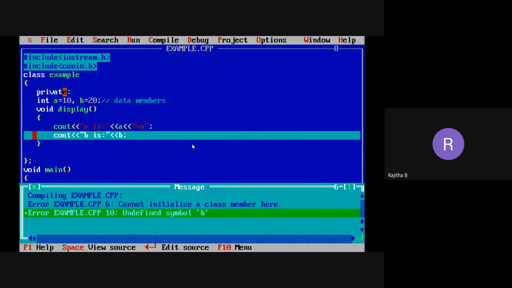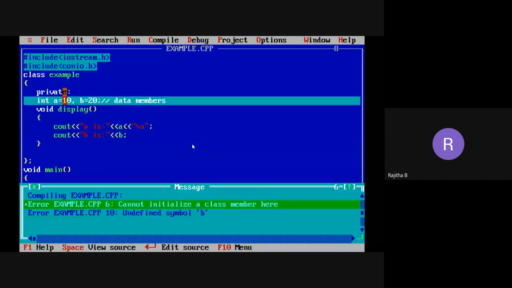So what are the errors you are getting here? We cannot initialize the values in a class. You need to use some data member functions. Some compilers can support this one. In present compilers, this will be supported. You can directly initialize the values at the declaration itself in the class. But some compilers will not support that. At the declaration statement, you cannot initialize the values to your data members. So that will vary from one compiler to another compiler.